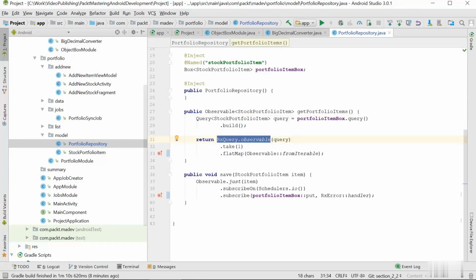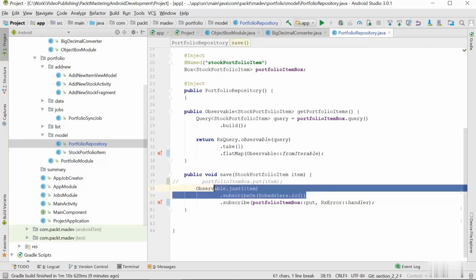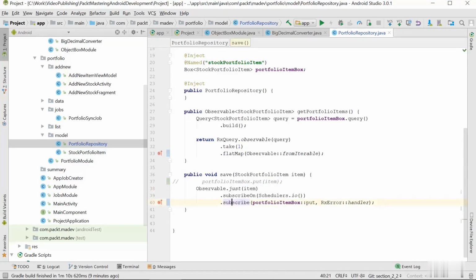If you would like to save the item, it's again a very straightforward approach. We just use a method called put to store the class. We cannot use it this way to call it straightforward, because it's going to be most likely executed on Android main thread, which will cause ObjectBox to throw an exception. So we just wrap it in observable, make it to be executed on IO scheduler, and then it can be